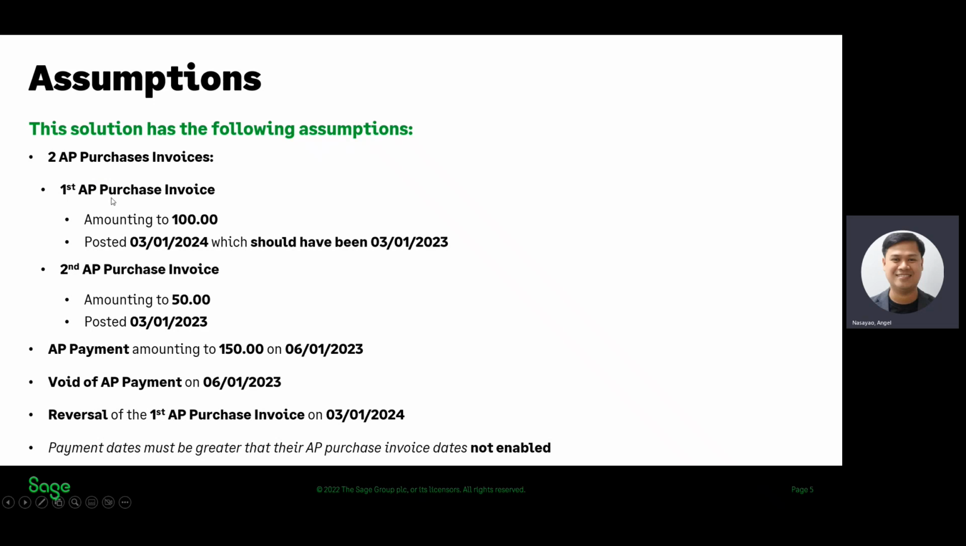So the first AP purchase invoice is amounting to $100. And assuming that it was actually posted on the 3rd of January 2024, which should have been the 3rd of January 2023, while the second AP purchase invoice is amounting to $50 and posted correctly on the 3rd of January 2023. So an AP payment amounting to 150, which is 100 plus 50, has been made on the 6th